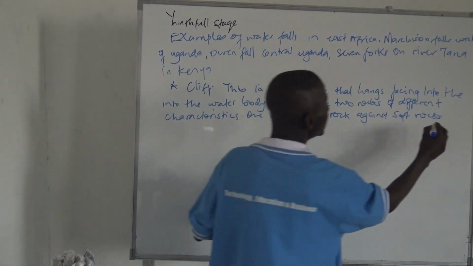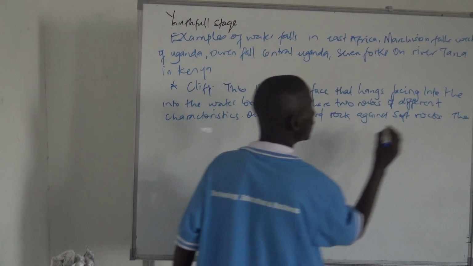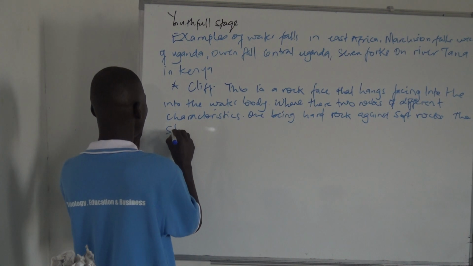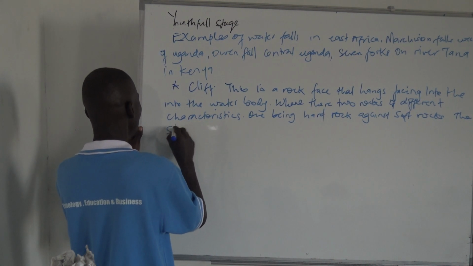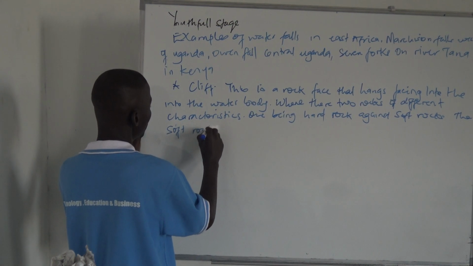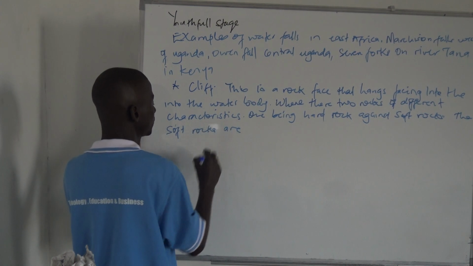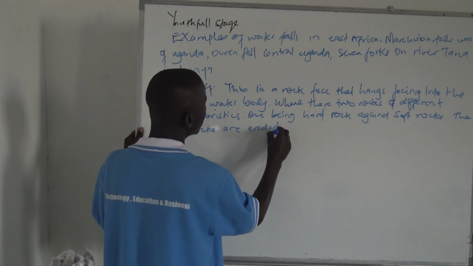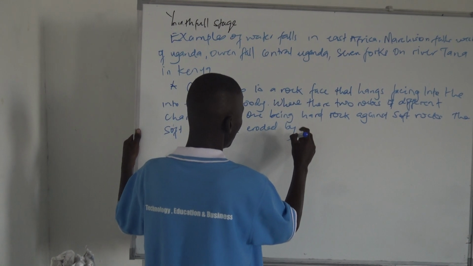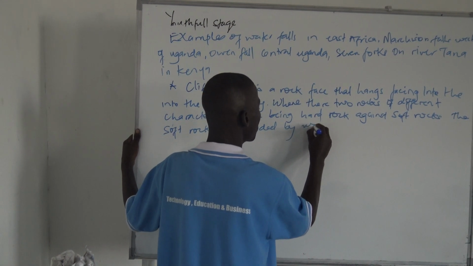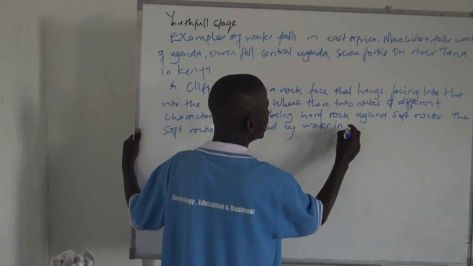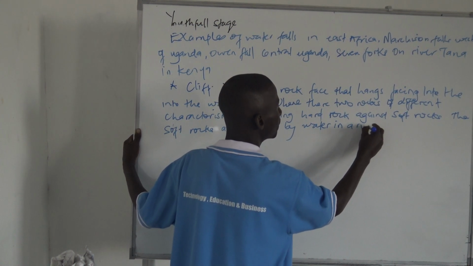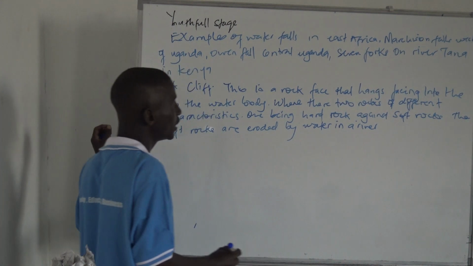We said that the soft rocks are eroded by water in a river. Water in what? In a river. Now that they are eroded